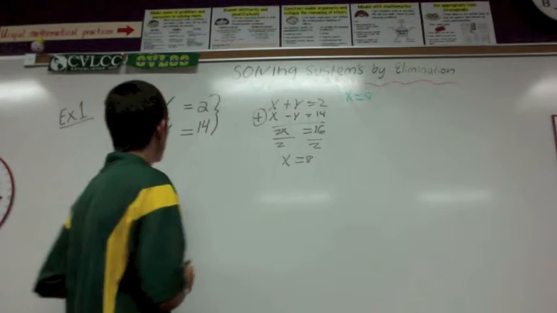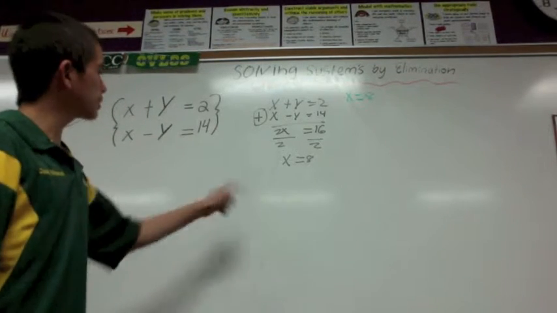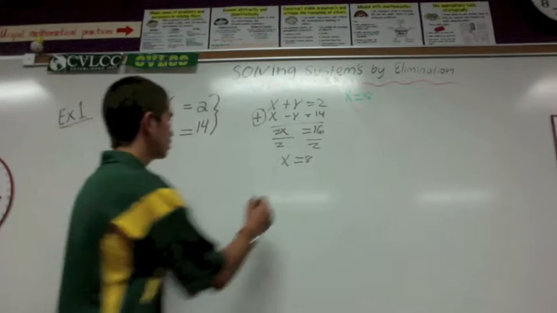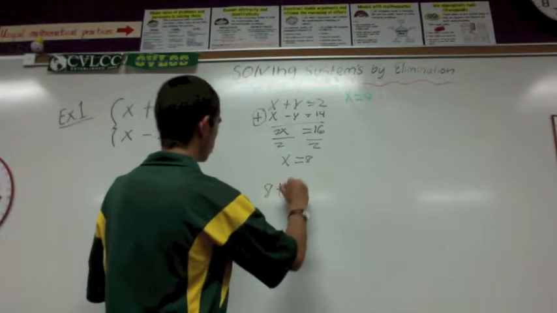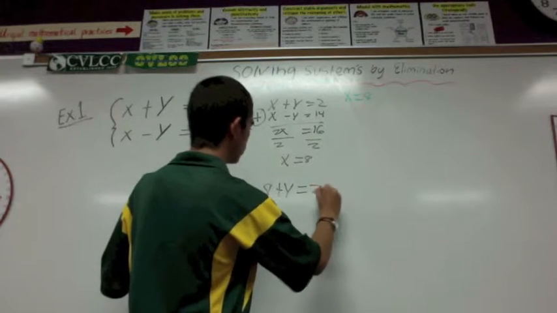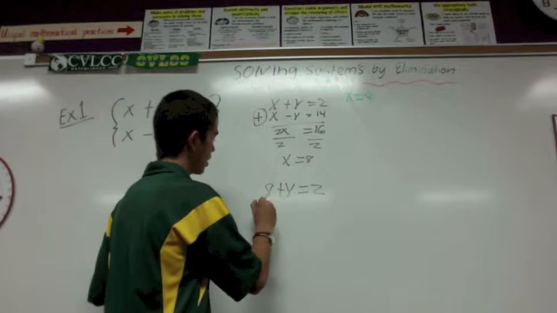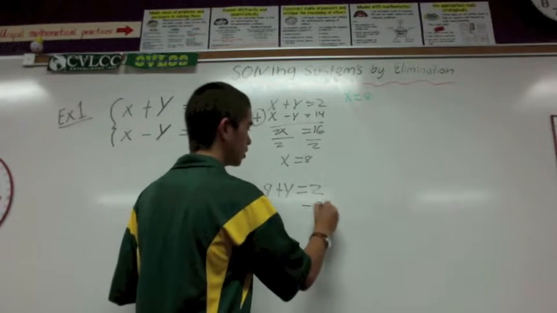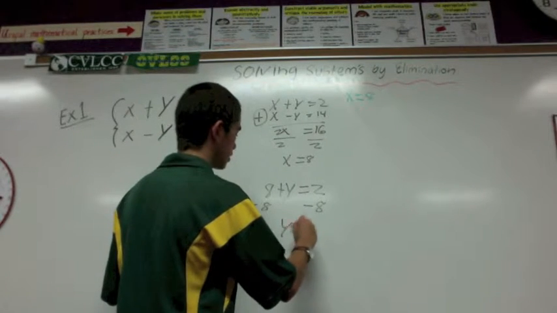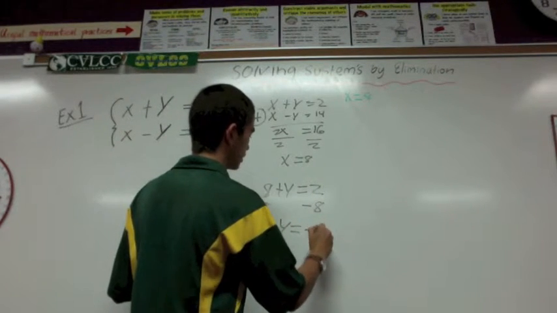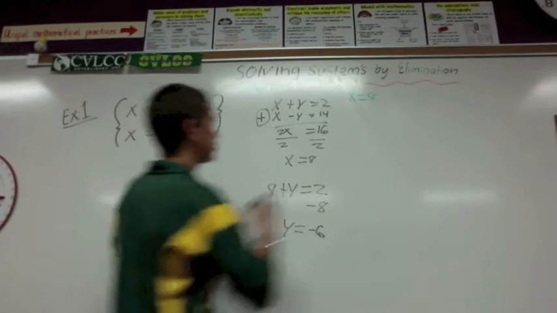Now that we have one variable, we have to solve for y. So we just plug it back in. So now we go back to the original equation, and 8 plus y equals 2. So to get y by itself, we have to do minus 8 on both sides, like we did with the division up here. And we have y equals negative 6. So now I'm going to write my variable up here,